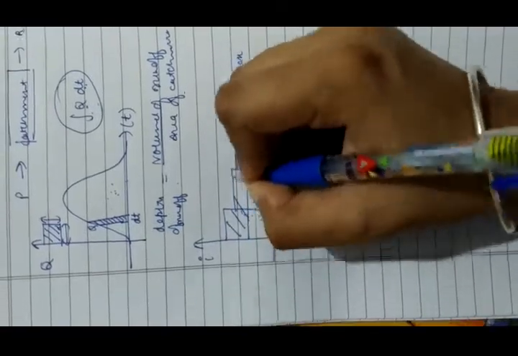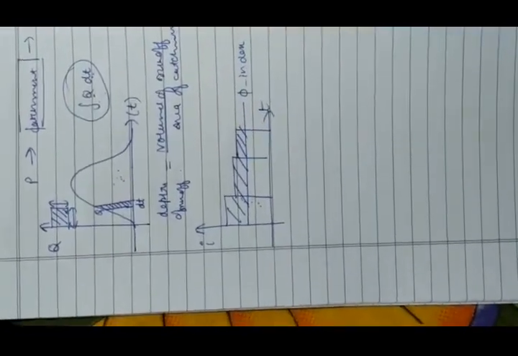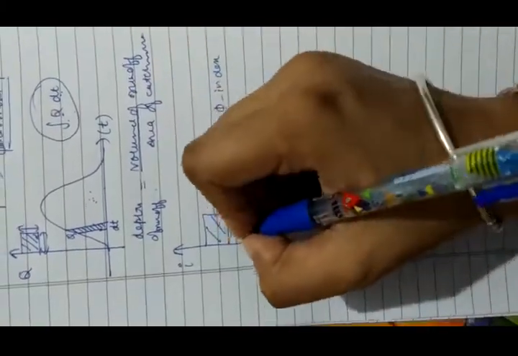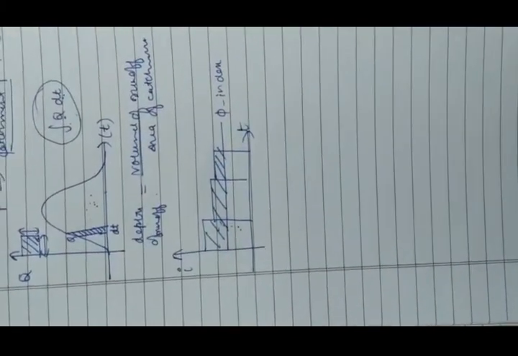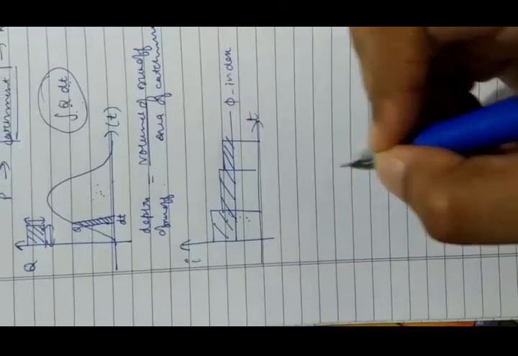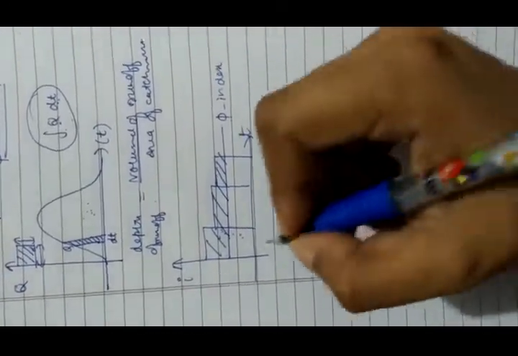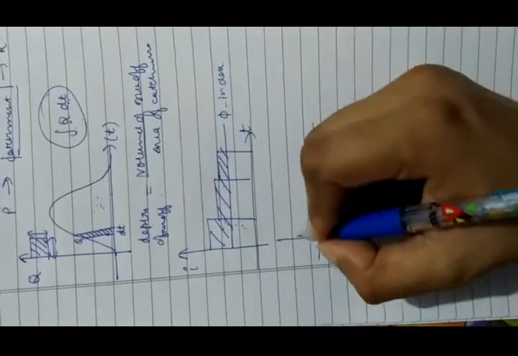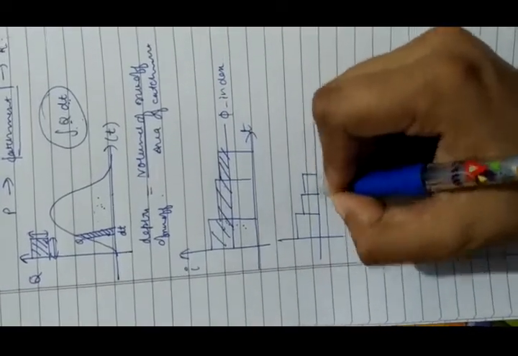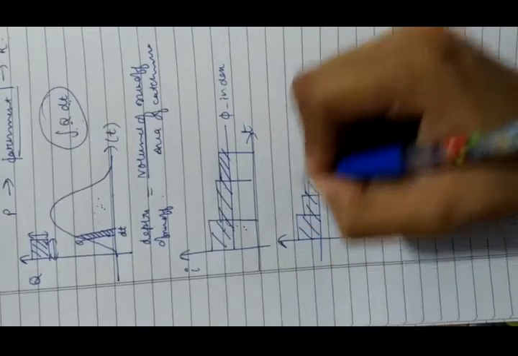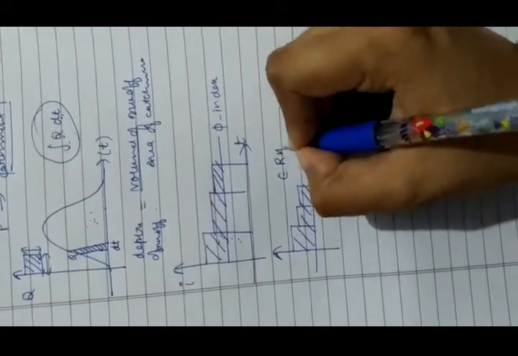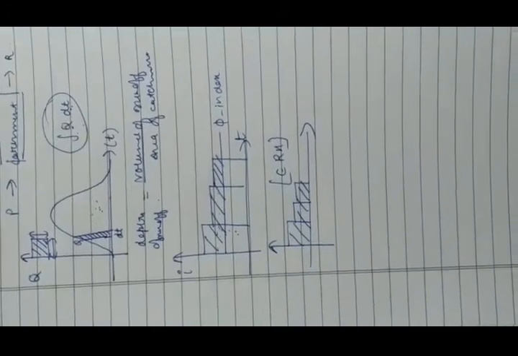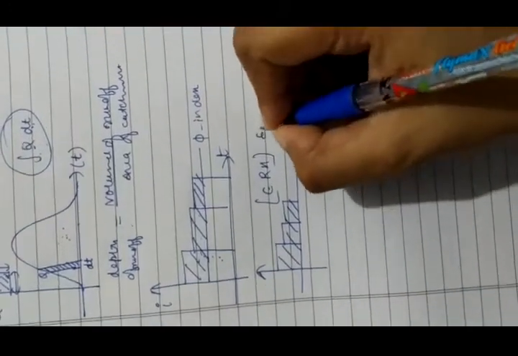So let's say this is the area of the hyetograph above the phi index. This represents runoff, and it is also called effective rainfall because it is that rainfall which produces runoff. If I take out this shaded area from the hyetograph, it is called the ERH, or effective rainfall hyetograph, or excess rainfall hyetograph.